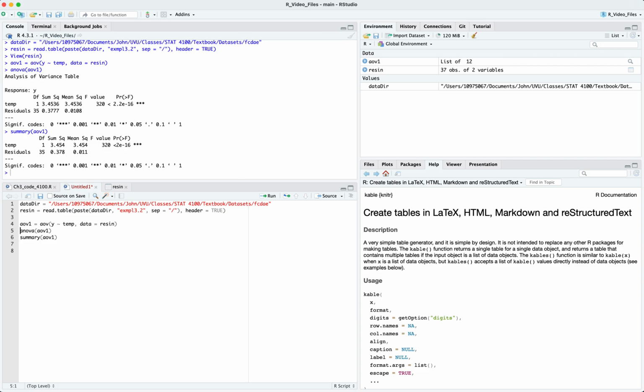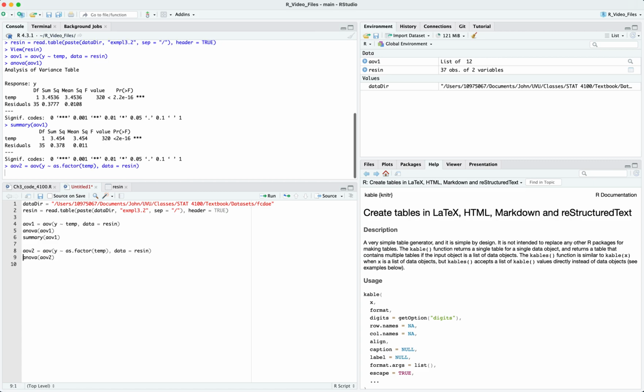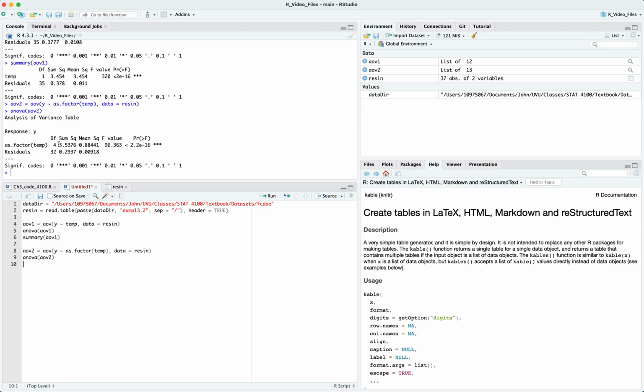Well, we're going to run ANOVA again. In fact, we only need these 2 lines. We're going to run these same calls again. I'm going to call this anova2 just to keep track of things. But there's a very easy thing that we can do. We need temperature to be considered a categorical variable, or a factor, in R. And so if we plug as.factor around this categorical variable and now run this,